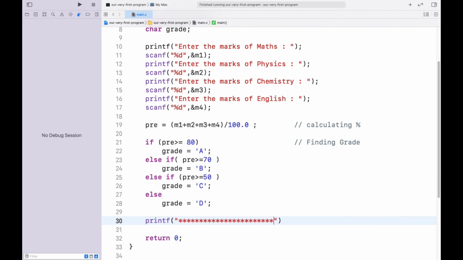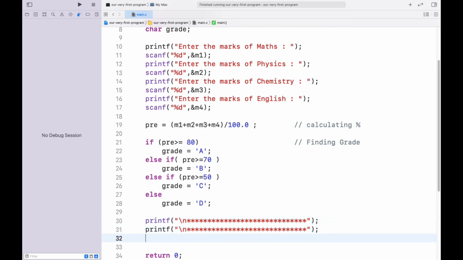Let's print this. Okay, \n, report card. Report card, let's add more stars in here.